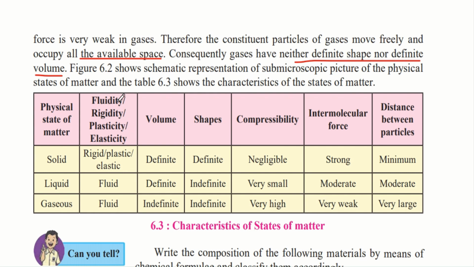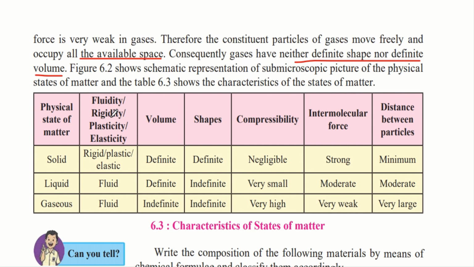Fluidity is the ability of a substance to mold itself into the container in which it is placed. And rigidity is the ability of a substance to maintain its shape. So a substance that is rigid cannot be fluid, because these two terms are opposites of each other. With fluidity, the substance has to acquire the shape of the container, but in rigidity, the substance is able